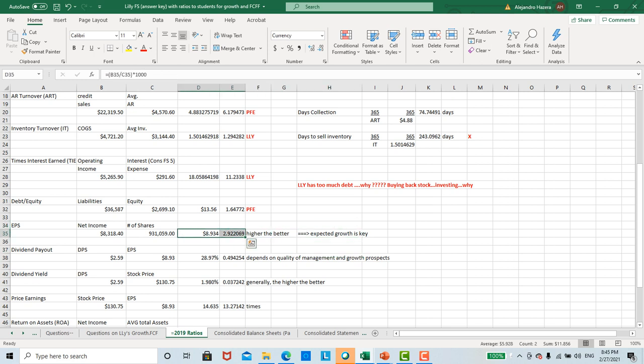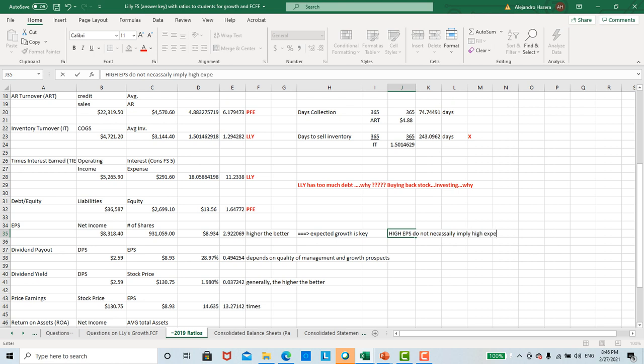Compare these two, but it means nothing. Obviously, the higher the better. But having high earnings, and some people made this comment, but high EPS does not necessarily imply high expected growth. For that, you have to look at the price-earnings ratio, because all you're doing here, you could be comparing